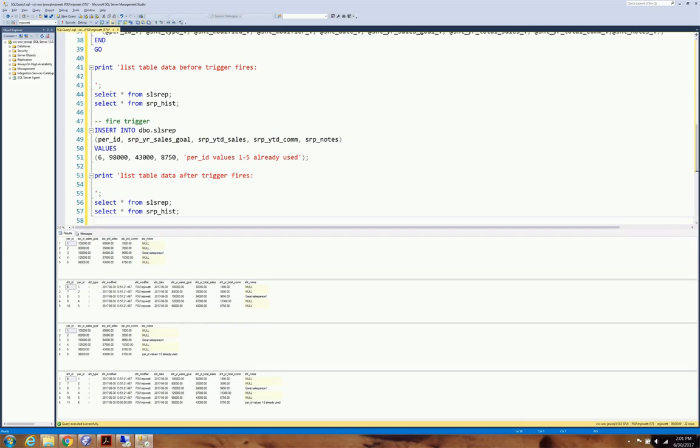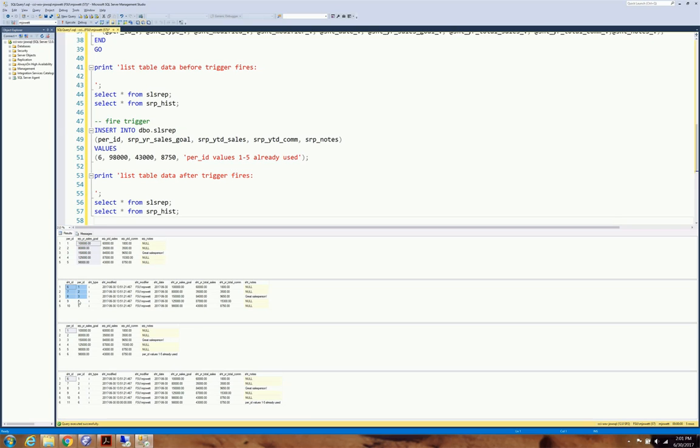Okay, here we go. Here's the sales rep table right here. You could see data here. Here's the history table. Now, notice there are 5 records here. There are 5 records here as well, too. Now, because of the stored procedure before, they start 6 through 10 rather than 1 through 5. Remember, in the previous stored procedure, we deleted the original values to show you how to populate a table based